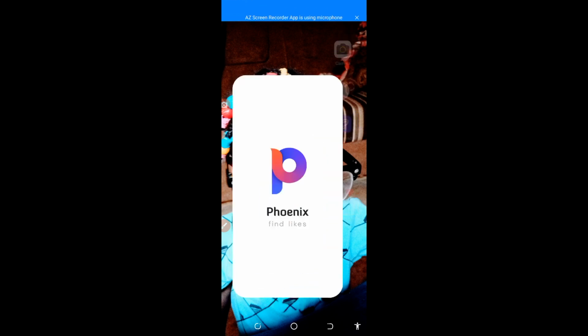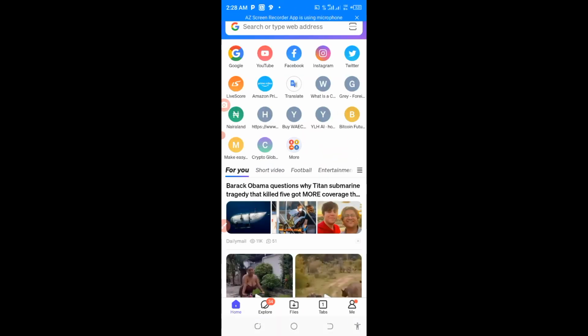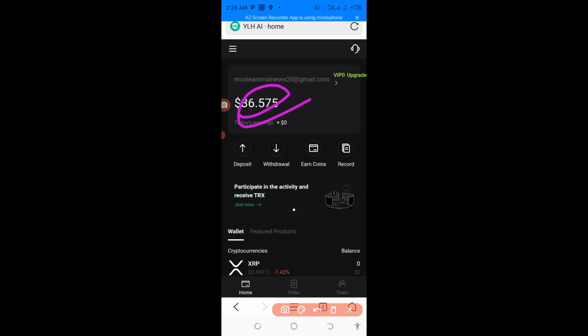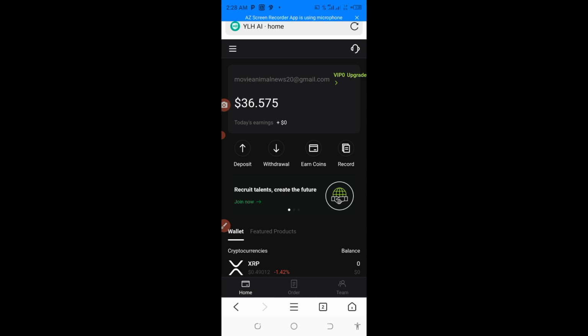The next thing is to go to the app. I have the app with me already. So as you can see, look at this. Do you see this? That is exactly what you'll be given immediately you open this app with my referral